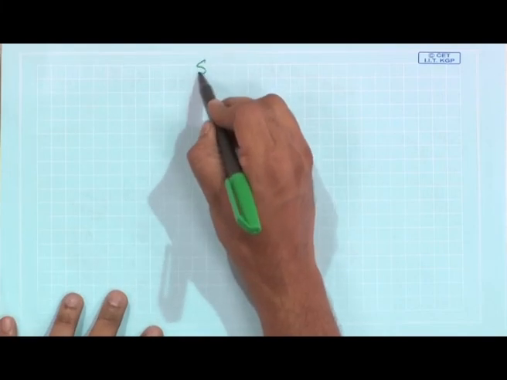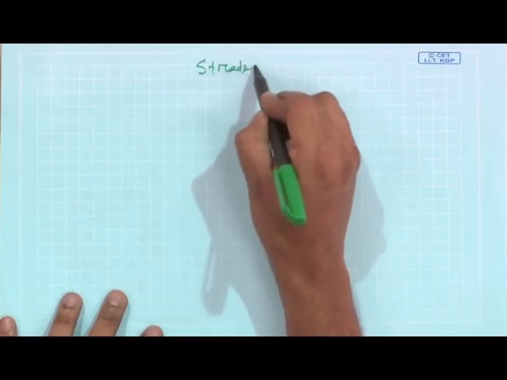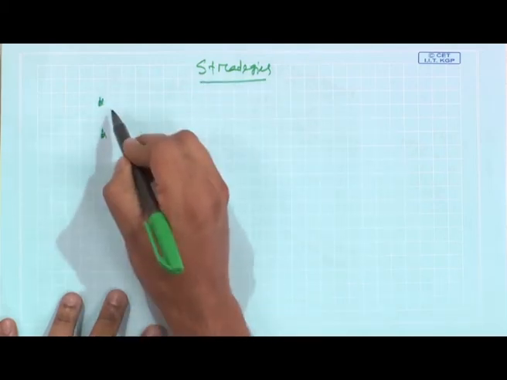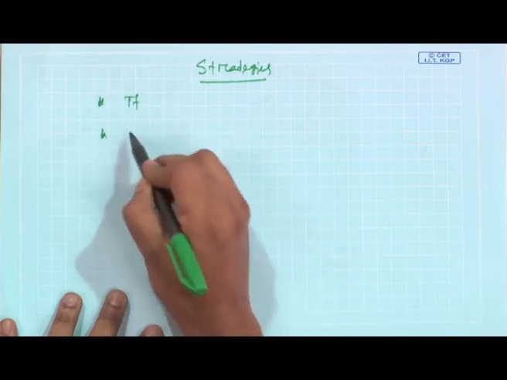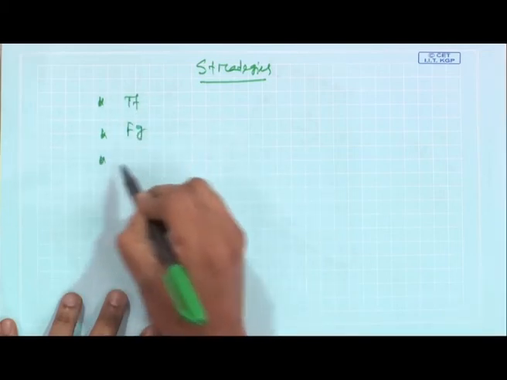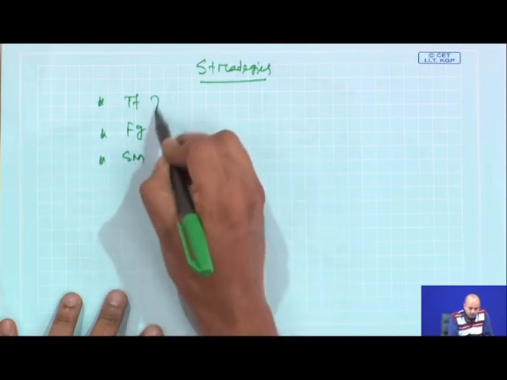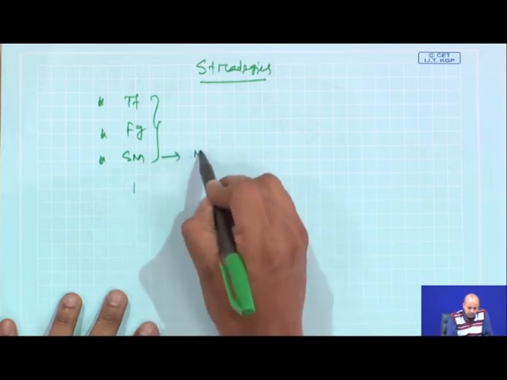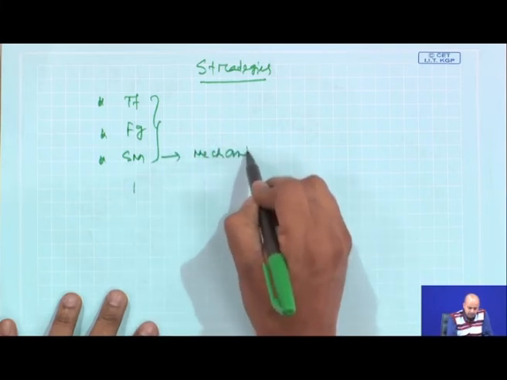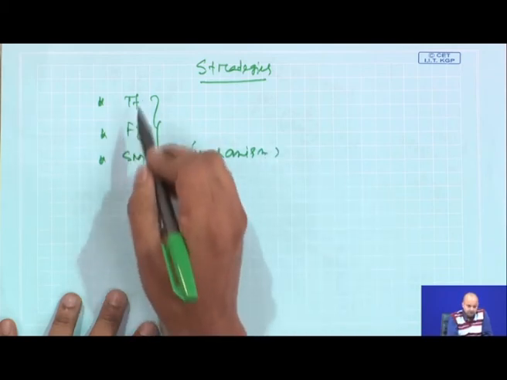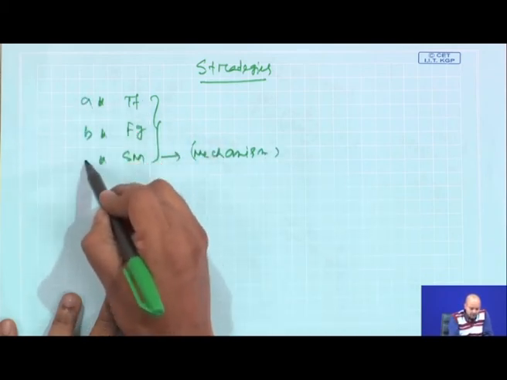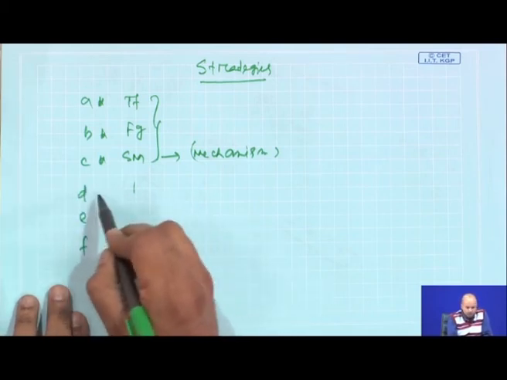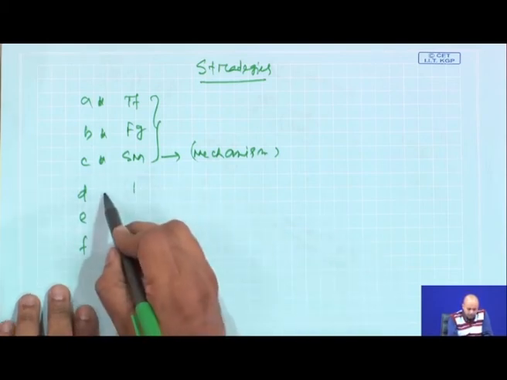At the very beginning we said our strategies will be mainly focused on 6 different topics. Topic 1 is transformation based, topic 2 is functional group based, topic 3 is starting material based. We clubbed these 3 strategies together, and in addition we talked about some mechanism based strategies which are also part of these 3 strategies. So, strategy A, strategy B, strategy C. Now, we have also formulated the remaining strategies which are not as important, but also play an integral role.